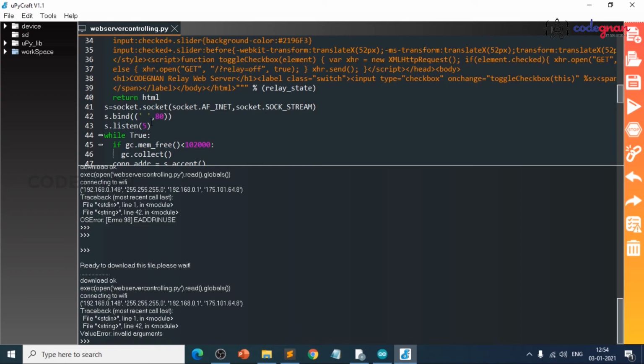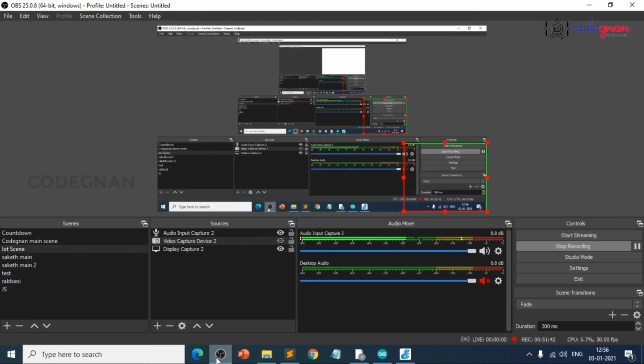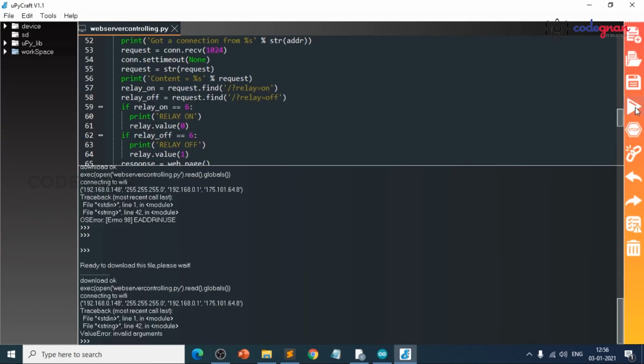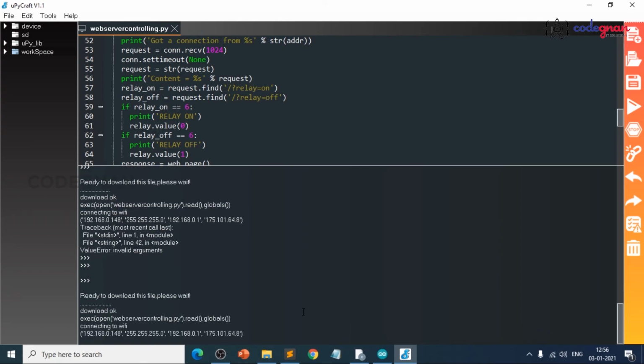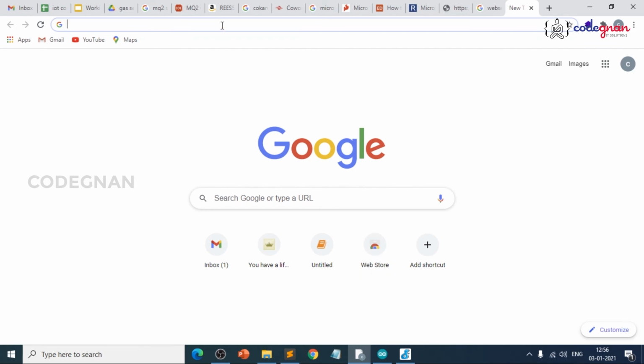Invalid arguments here. Just run the program here. Okay, it has given the IP address for us. Just copy this IP address and open our browser and paste it here.